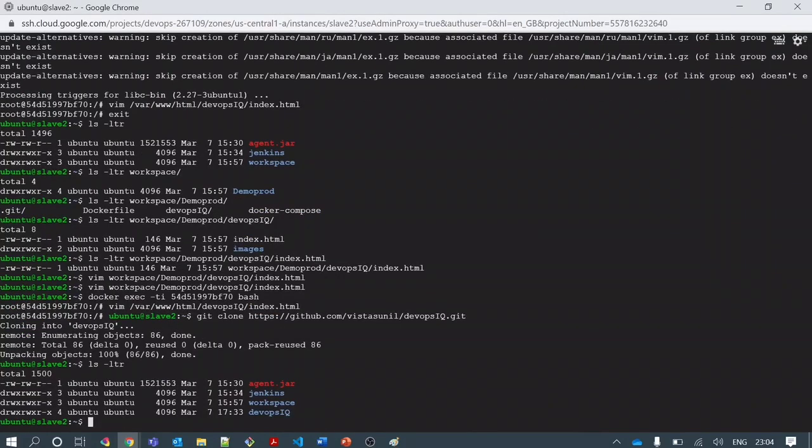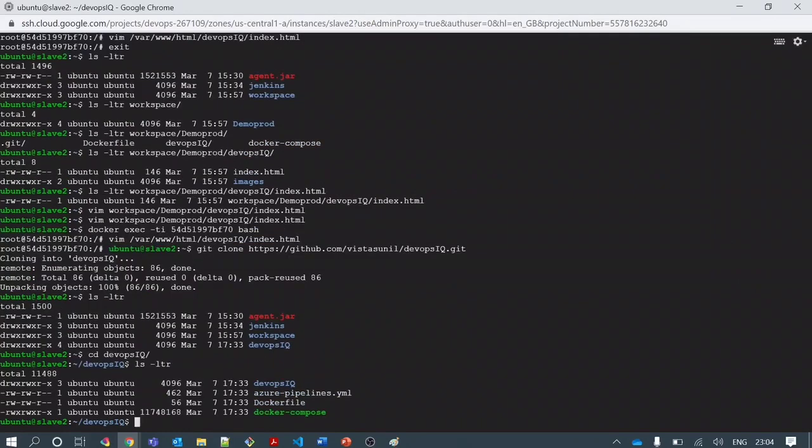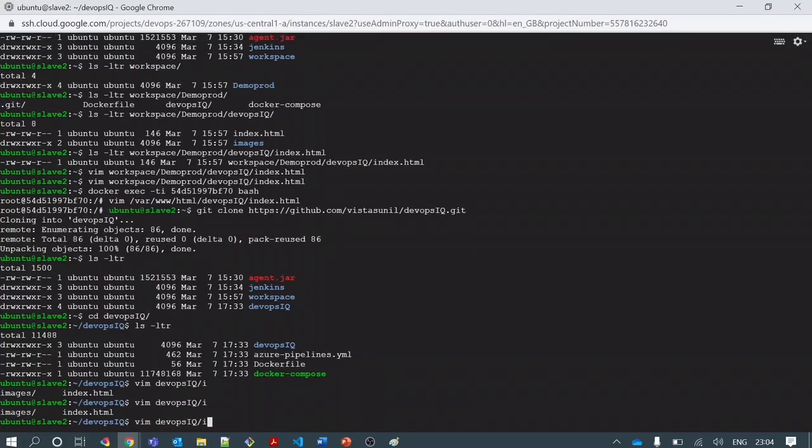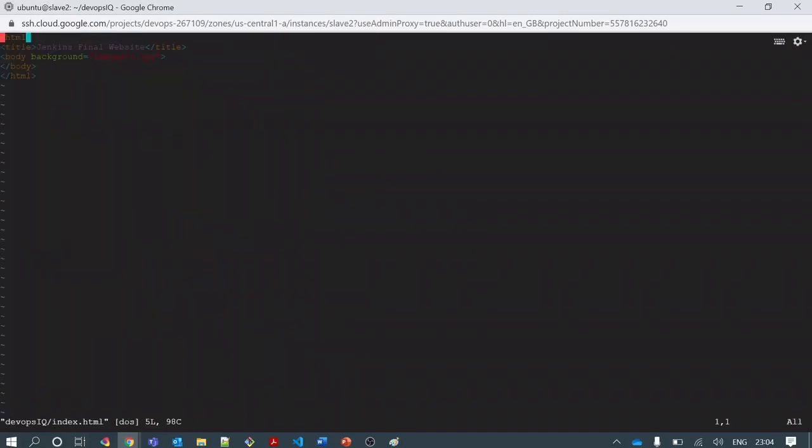So the repository has been copied. Let's go inside it and make some changes in the DevOps index file. Yeah, index.html. I can change the title to Jenkins updated website, and I can add one heading.